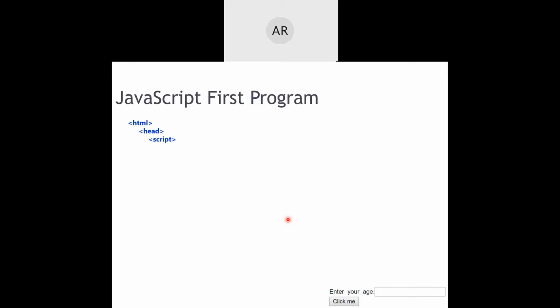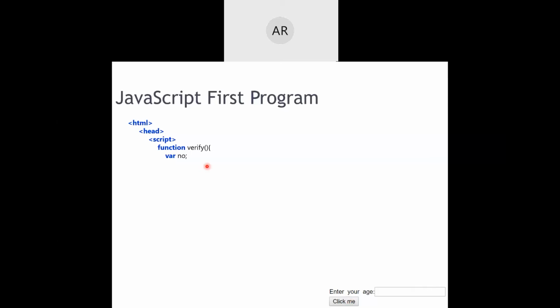Now, within this HTML, you have the head tag. In that head, you had the title. Just before or after the title, you can write script. There is no problem, even if you write script above. Within this script, I'm writing one function. I'm going to define a function called verify, because I said that if I click this button, it should perform some activity. I'm trying to attach an event to this particular button. When this button event happens, some functionality should get performed.